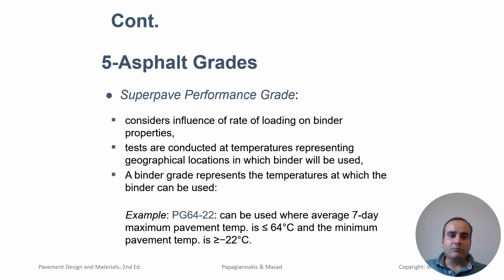In this system, binders are graded according to their high temperature and low temperature performance. For example, a PG64-22 binder is designed to perform well at high temperatures up to 64 C and low temperatures down to -22 C. PG binders are selected based on the climate conditions they will be exposed to and the traffic load